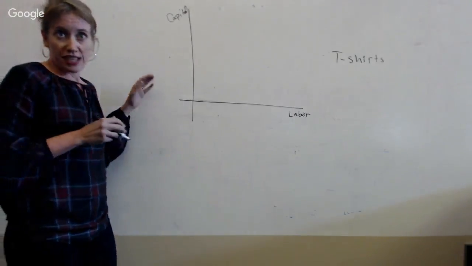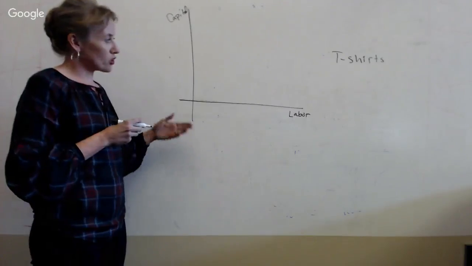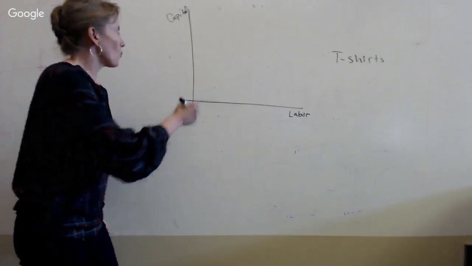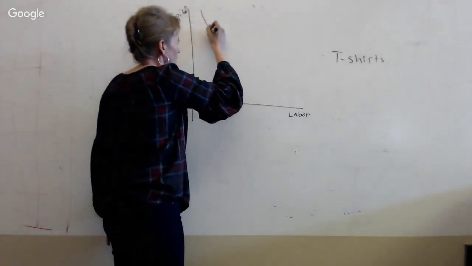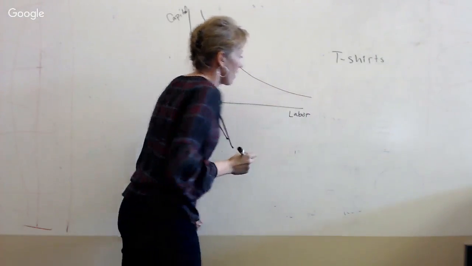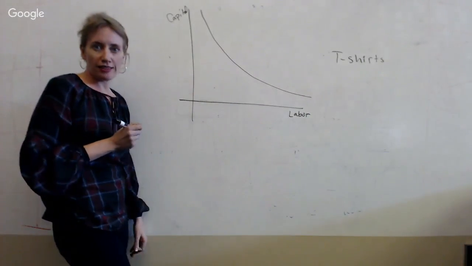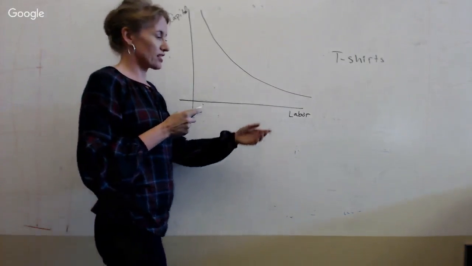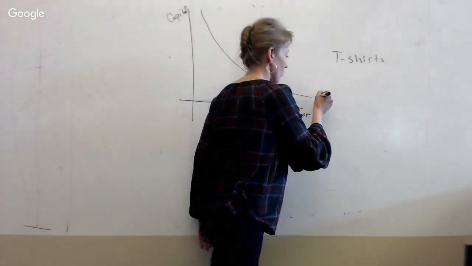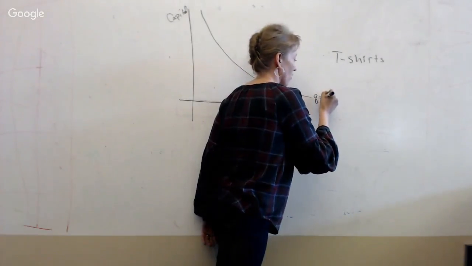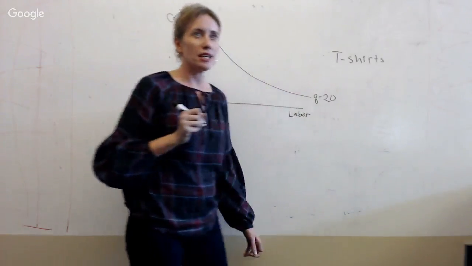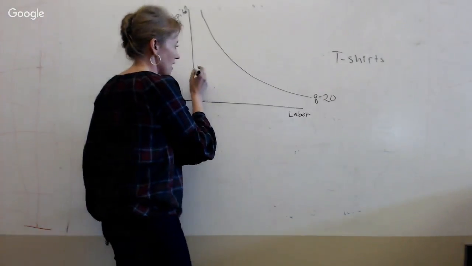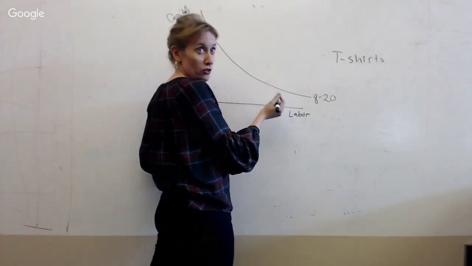We're going to skip our production function, and we're going to jump right to looking at our isoquant. So we can represent the multiple quantities of labor or workers and machines required to produce some fixed number of t-shirts. Let's make this isoquant represent a quantity of 20 t-shirts per hour.